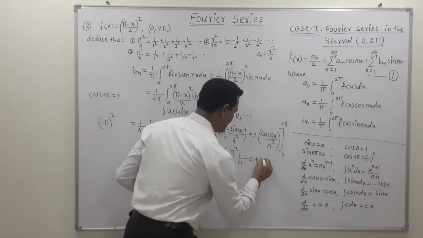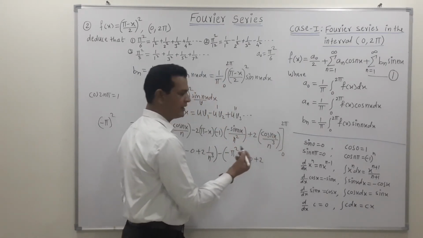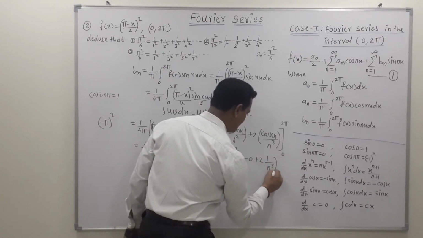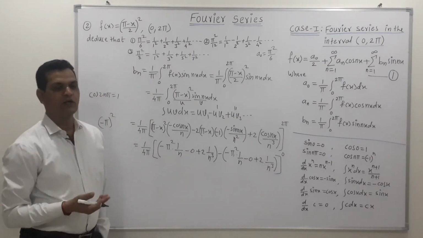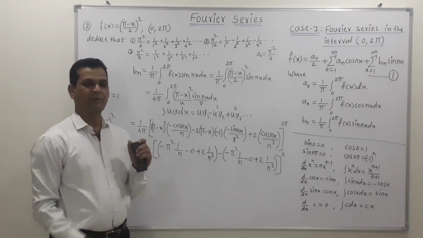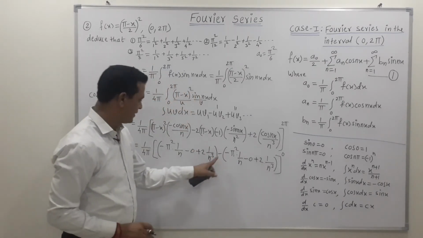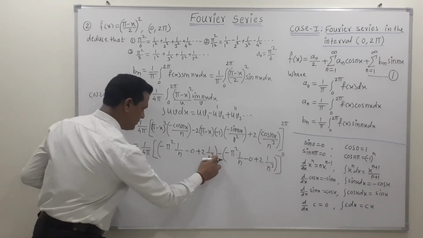Then we get this as plus 2. Then if we put x is equal to 0 for this cos term, then we get cos of 0 is 1. We get this as 1 upon n cube. In this way, we can easily put the value of the upper limit and lower limit. But while putting the value of the upper limit and lower limit, please write down such type of circular bracket to avoid the mistake because of the sign term, this middle minus sign term.